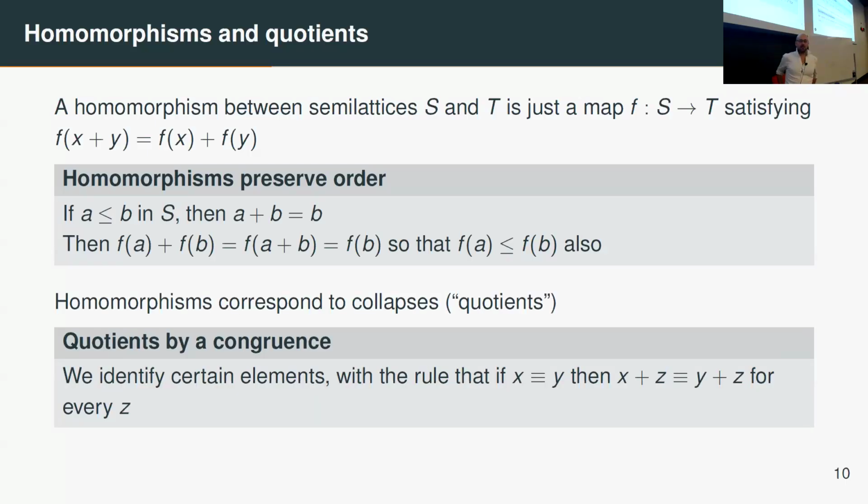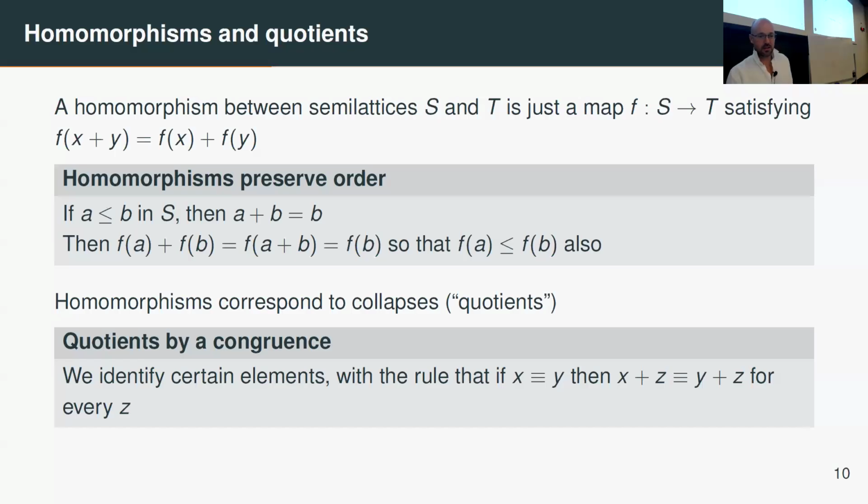So what I wanted to focus on a little bit was quotients. As you would probably know, especially if you've done any algebra or universal algebra in particular, congruences are just collapses of things. So they're equivalence relations on an object that somehow respect the structure. In this case, our structure is just the plus. We could have asked for order as well, but plus defines the order, so it suffices just to look at plus. And it's just the idea that if two things are equivalent, then adding some other Z to those two things should also be equivalent. That's all it should mean.